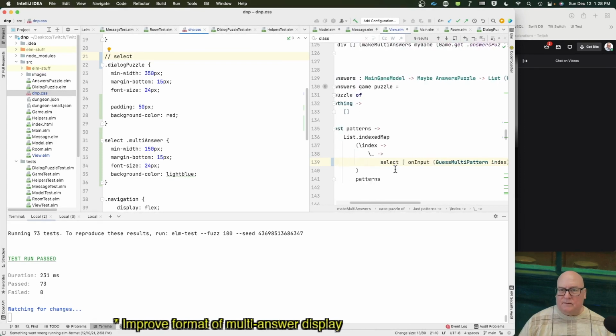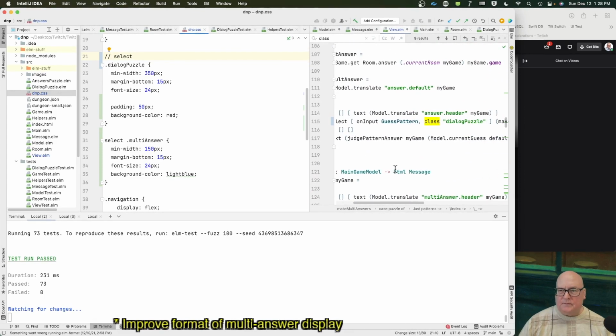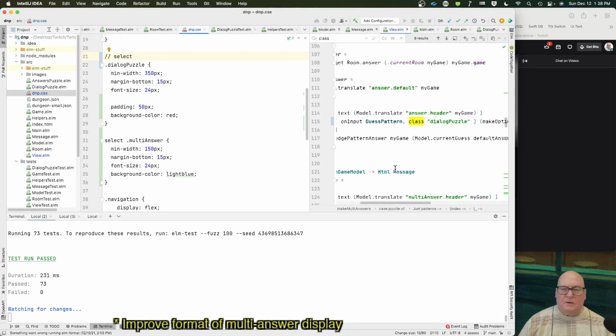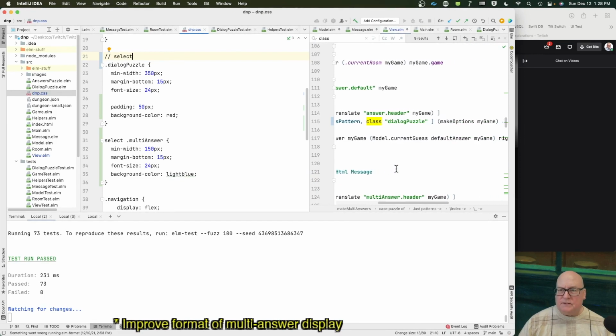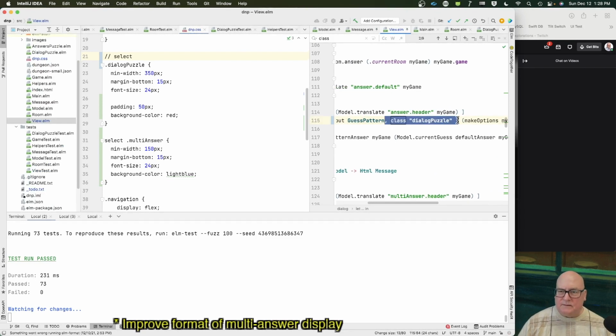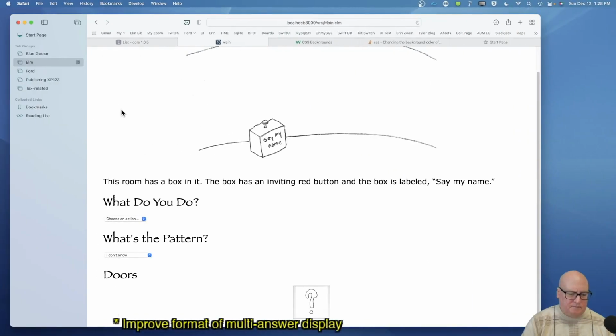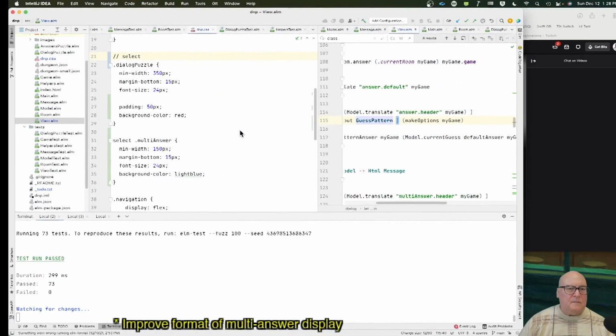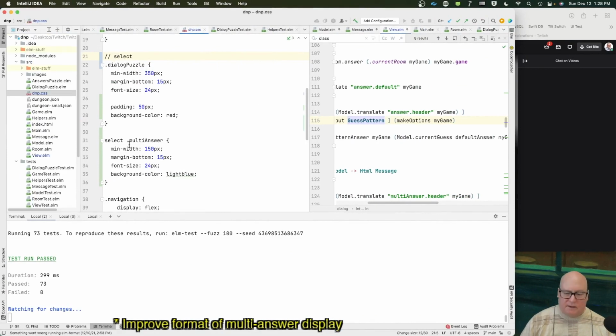Now, dialogue puzzle spelled consistently. If I take this out, and put this back,